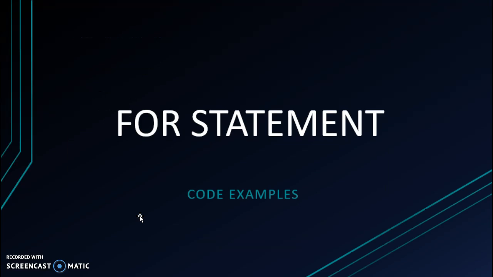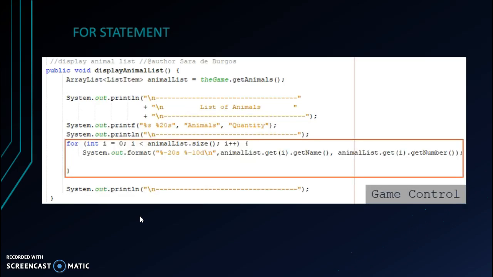Now, we're going to show some code examples made throughout this course from individual assignments. I'll start with the for statement. It is used to execute a set of statements repeatedly until a particular condition is satisfied. In this case, we have